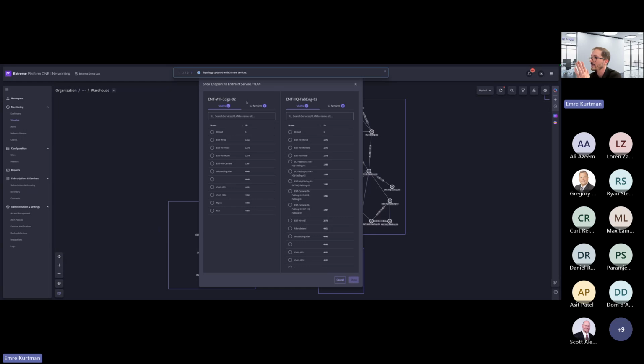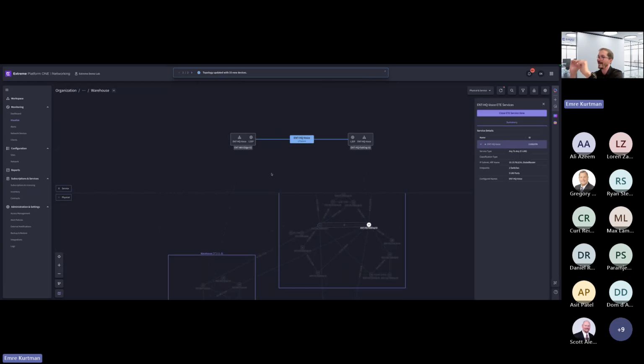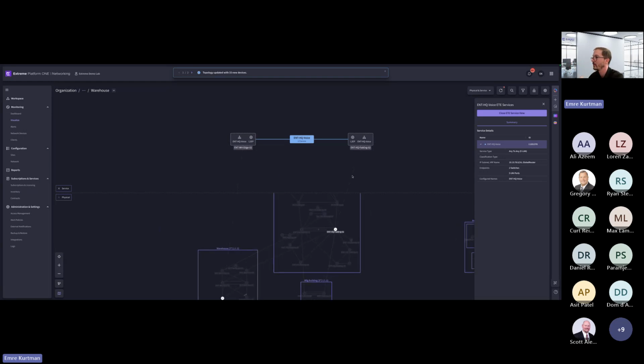The two switches are automatically selected. I move on to the layer 2 service and I select my voice service, which has the same ISID ending with 1378 on one side, and here I select the exact same service. My expectation is, if they are connected, I see a single line from the warehouse edge switch to the headquarter core switch. So this verifies the end-to-end connectivity for this particular layer 2 service.